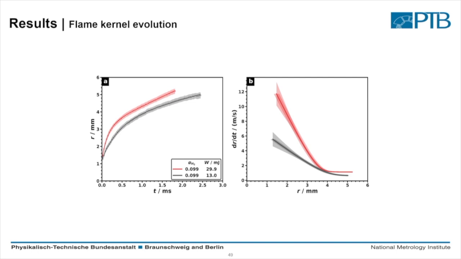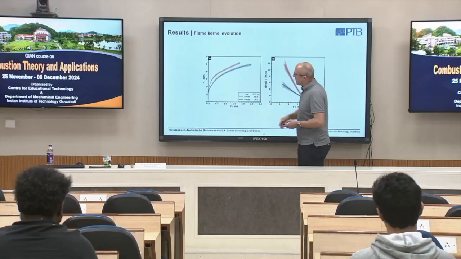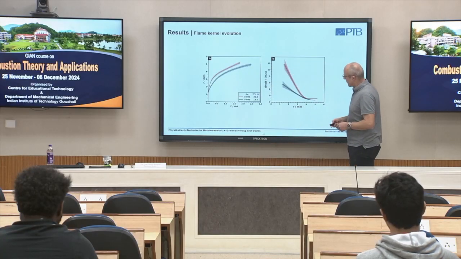So we can compare these in detail. Also for a given mixture around 10% of hydrogen, when we use different energies, we see the same effect. The higher the initial energy, the larger the initial plasma kernel. This is again the spark-dominated region, and then we reach the flame-dominated region.